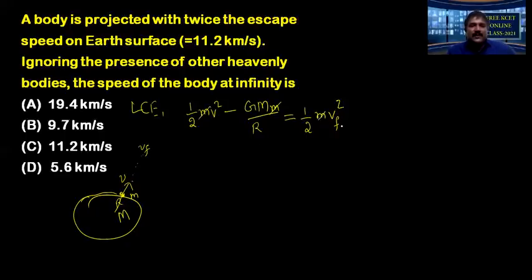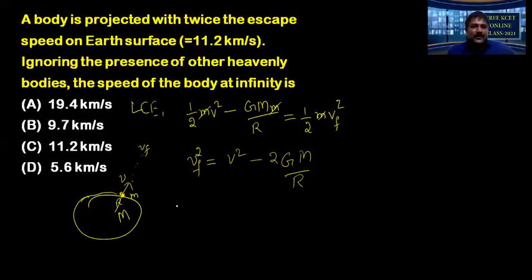I want the value of vf, which is there in the RHS. Half is there as a factor in two terms, so we can multiply by 2 to make it simple and rewrite this equation. So vf square I write in the LHS because I want the value of vf. It is multiplied by 2 now, so it is v square, the 2 and half cancel here, and I have to multiply 2 to the second term GM, so 2GM upon r.